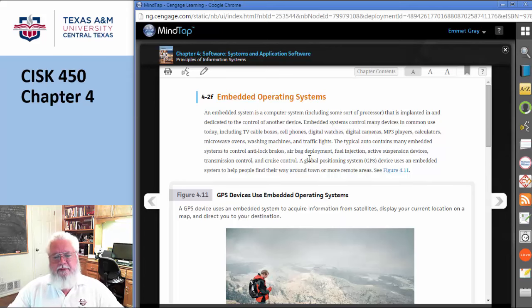Anyway, the idea is each one of these little boxes is a tiny little thing. I mean, most of these embedded computers are typically about the size of a credit card and a little bit thicker than that. But physically they're pretty doggone small. But they need an operating system.